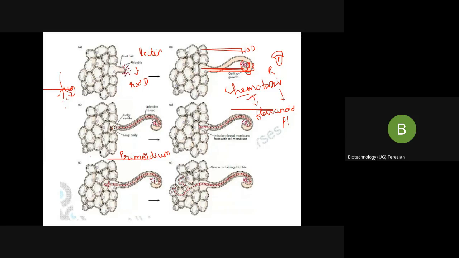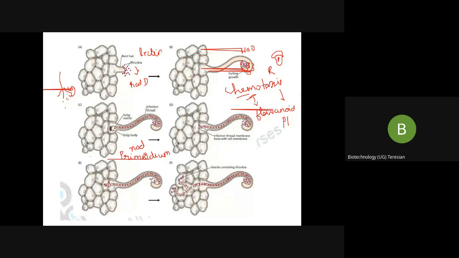So inside the cortical cell layers, who is there? A nodule primordium is present. Who produced the nodule primordium? It was produced by the cortex of the root. It has already been prepared so that when the rhizobium infection thread comes, it has to form the nodule. So I'll make a house for it. Okay, so the nodule primordium is formed.